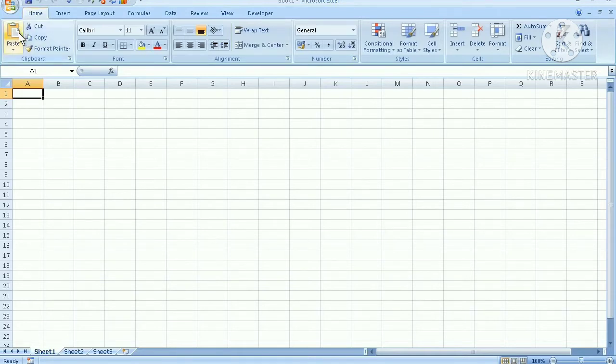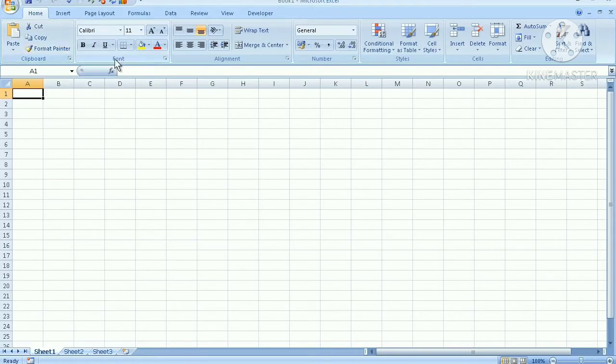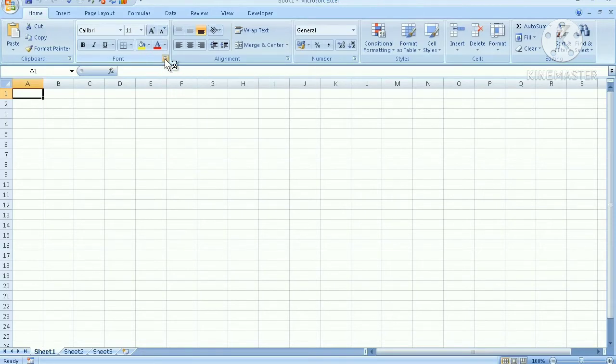So let's talk about home tab. Under home tab, in the first group, clipboard, you can see the options like cut, copy, paste, format painter. Now each of these commands has certain functions that I'll tell you when we use them. Then the next group we have is the font group where we can do editing of font. When we click on this launcher button, you will see a window will appear